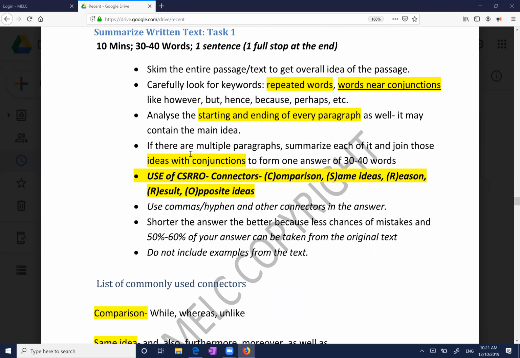and join those ideas. That joining is called cohesion of information. What is it called? Cohesion of information. If you could please write it down. Cohesion of information is very important. Cohesion means flow of information, a connection of information. Cohesion of information in your answers is very important, because if there is no cohesion, even if you have